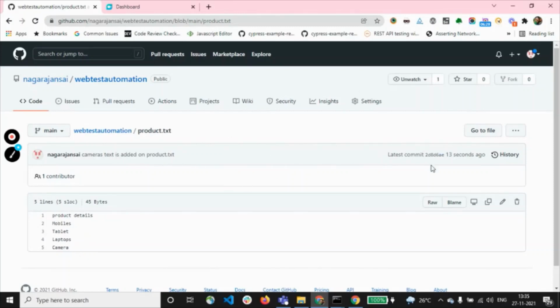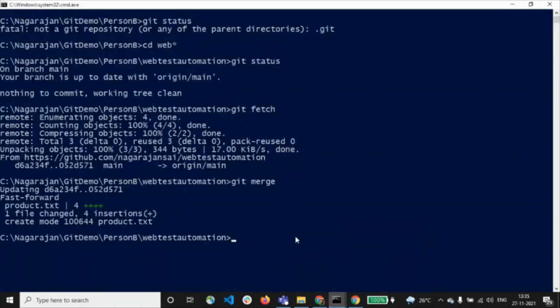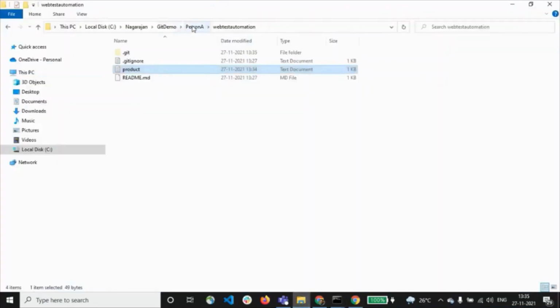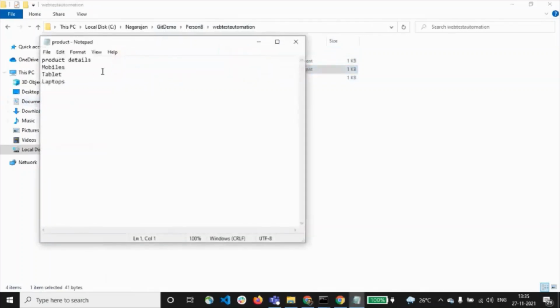Now we'll try to learn about git pull. I'm going on to this particular Person B. Here, if you could see, we have only mobiles, tablet, and laptops.